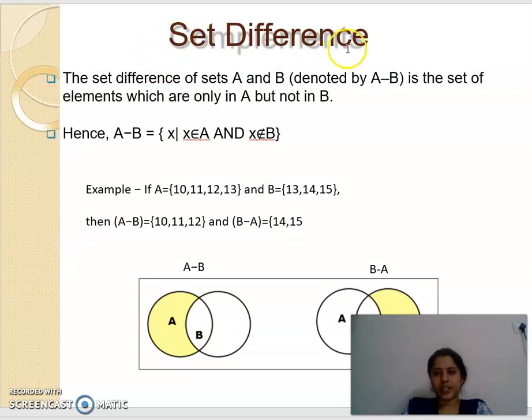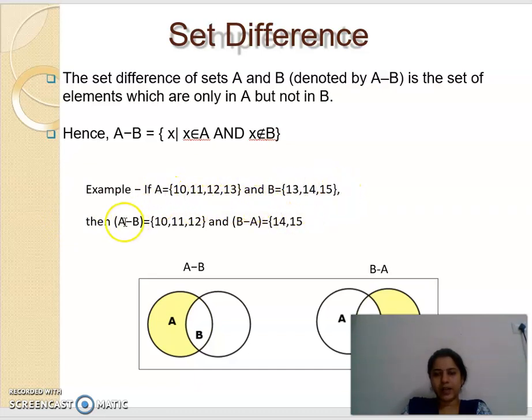Next one is the set difference operation. Suppose there are two sets A and B, then the difference of sets is represented by A minus B, which contains the elements which are in A but not in B. So A minus B means take the elements of A but not in B. For example, set A contains 10, 11, 12, 13 and B contains 13, 14, 15.